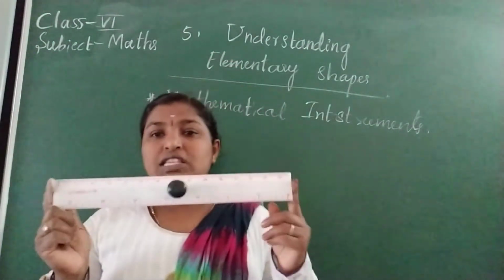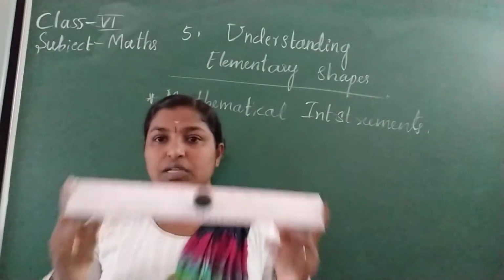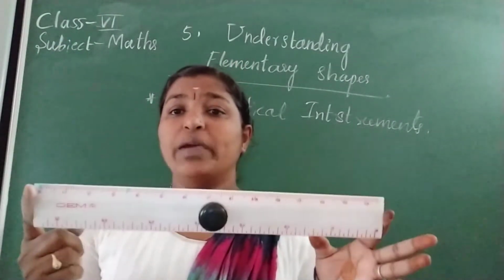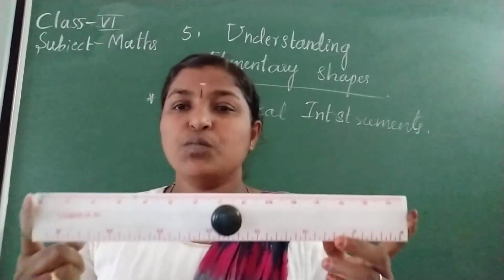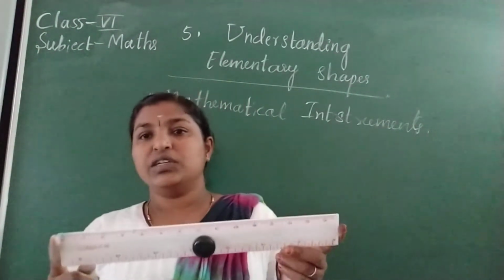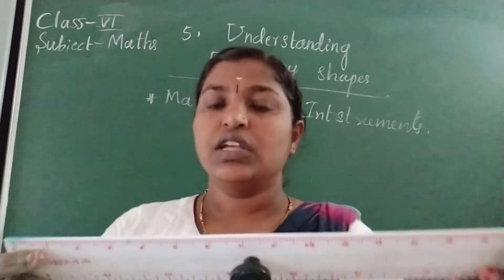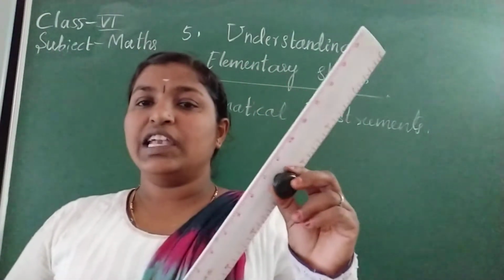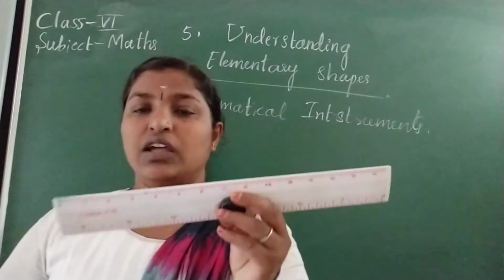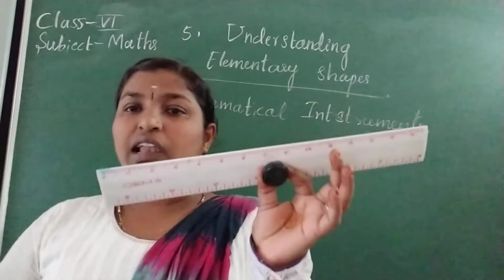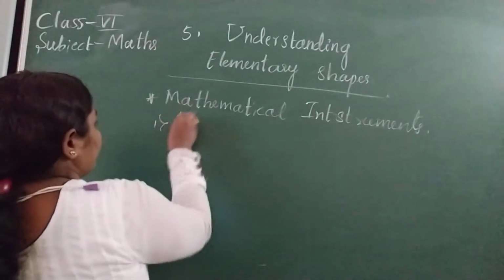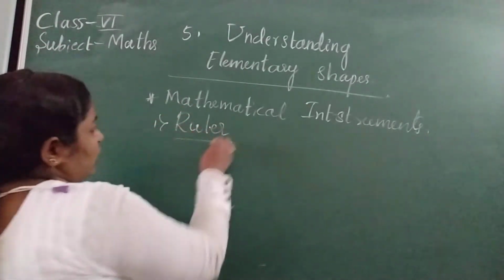Yes, these are the SI units, that is centimeter, meter, kilometer. So we will use the ruler to measure the things in small scales like 2 centimeter, 5 centimeter, 12 centimeter, 15 centimeter. So to measure the things in centimeters, we will use the ruler. Don't say this scale. Everybody used to say that this is scale. Don't say like a scale. This is ruler. First one is ruler.